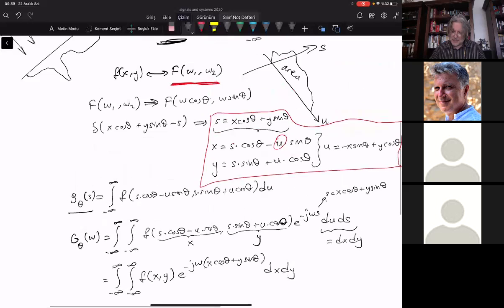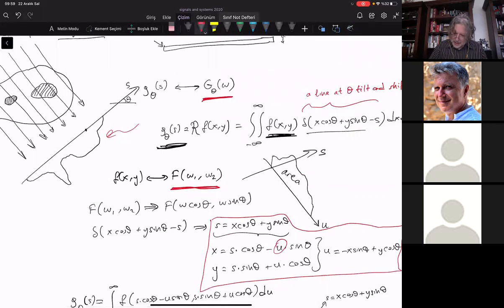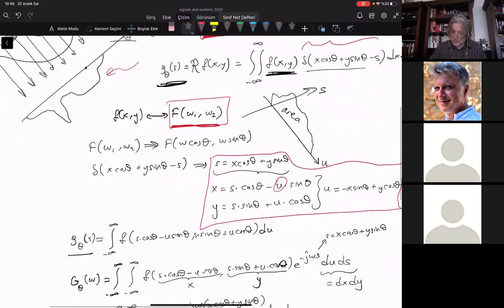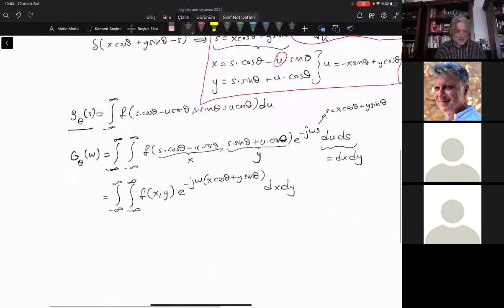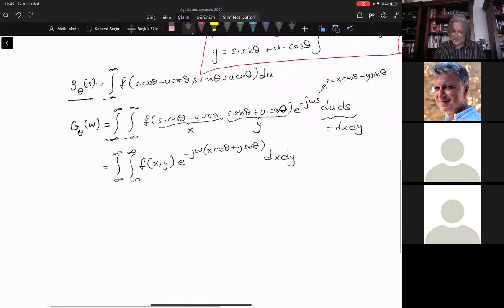I said that the two-dimensional Fourier transform of my image, and the one-dimensional Fourier transform of the Radon transform, g theta of omega, are the same, I said. That's what I'm trying to prove. It needs a proof. And when you write it like this, you see that this is equal to